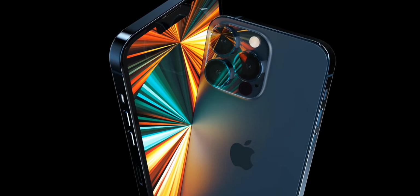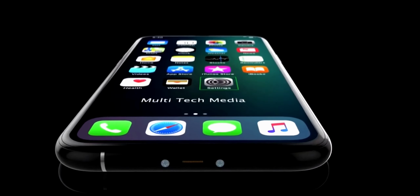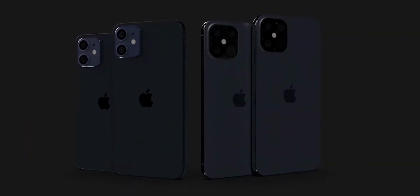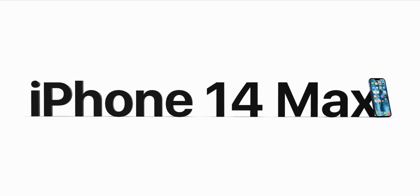This was further backed up by leaker Jon Prosser, who claimed the iPhone 14 Max will be the replacement for the mini phone, offering a 6.7-inch display only, without coming with a lot of pro features and thus a hefty price tag. Given the appetite for larger phones, a big yet more affordable iPhone could be just the thing for Apple